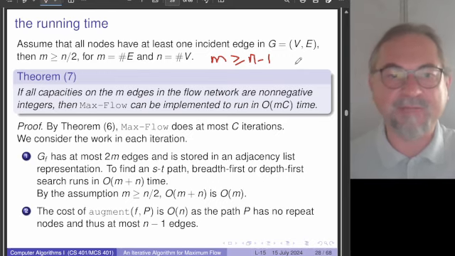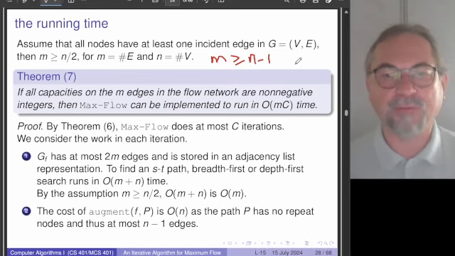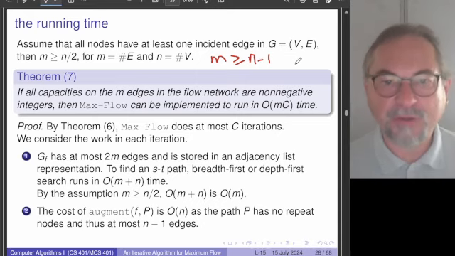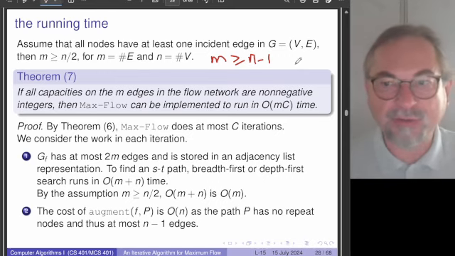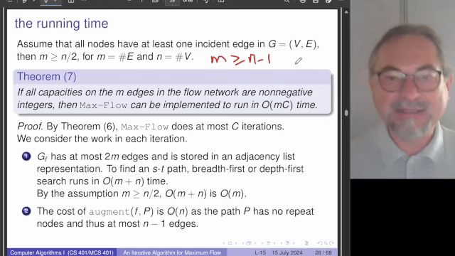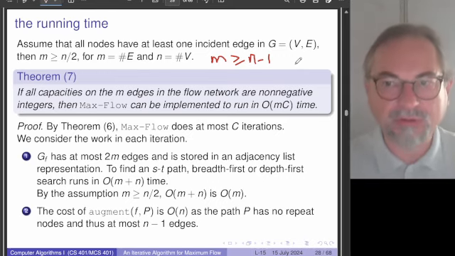So it means that we have a lower bound on the number of edges. Then we can show that the running time, we have C iterations, that big C is the sum